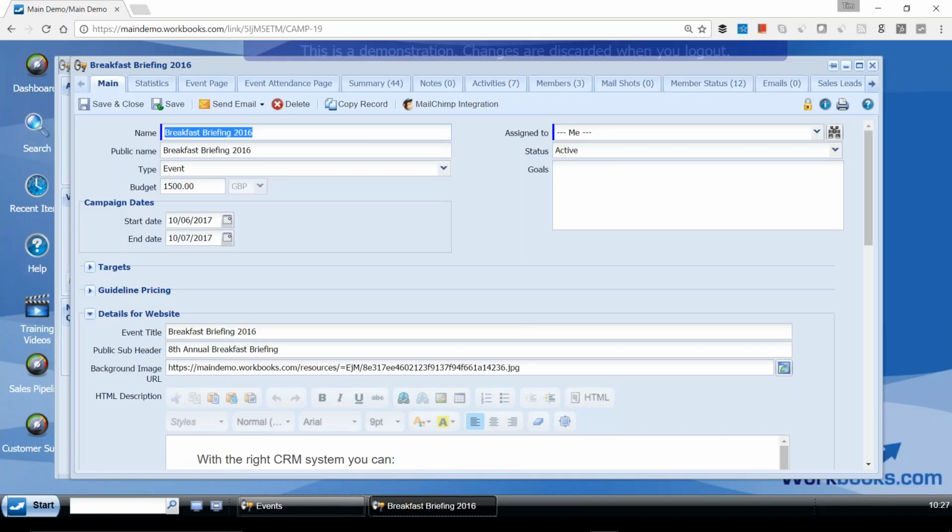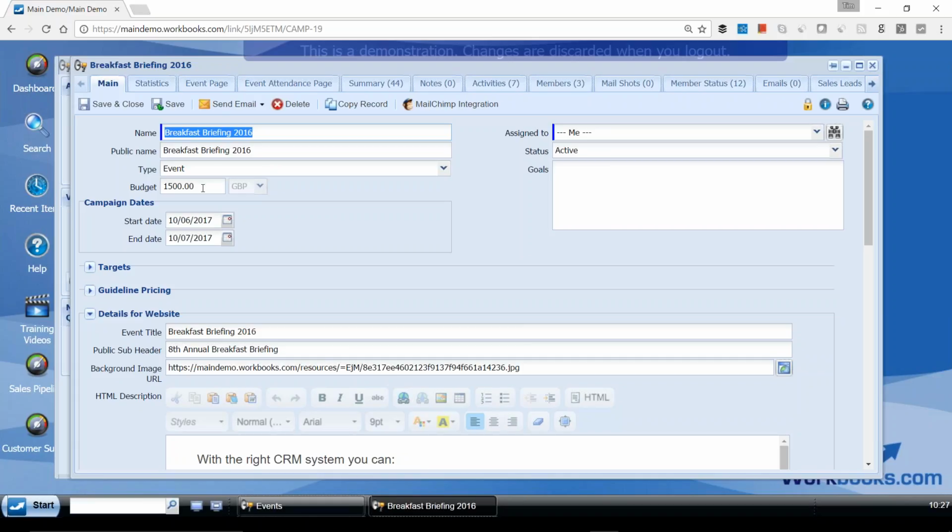Now this is an example of a marketing activity. Again, we've got those consistent tabs running across the top there. Initially on the main tab, it shows me the main information about this event. Now this is all very customizable by you.